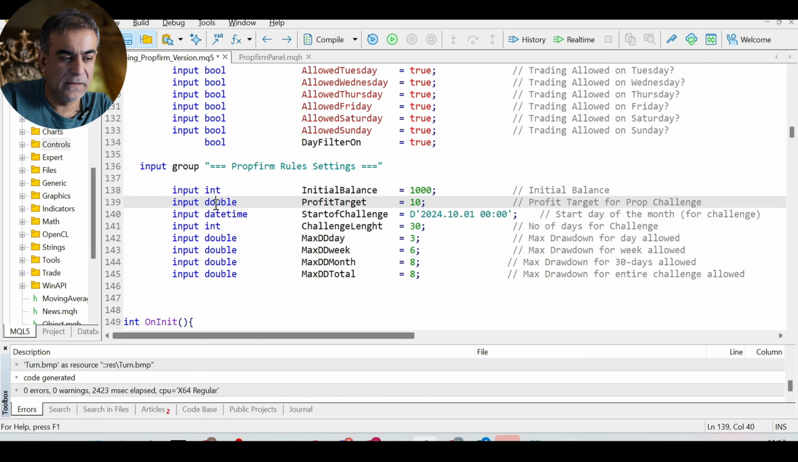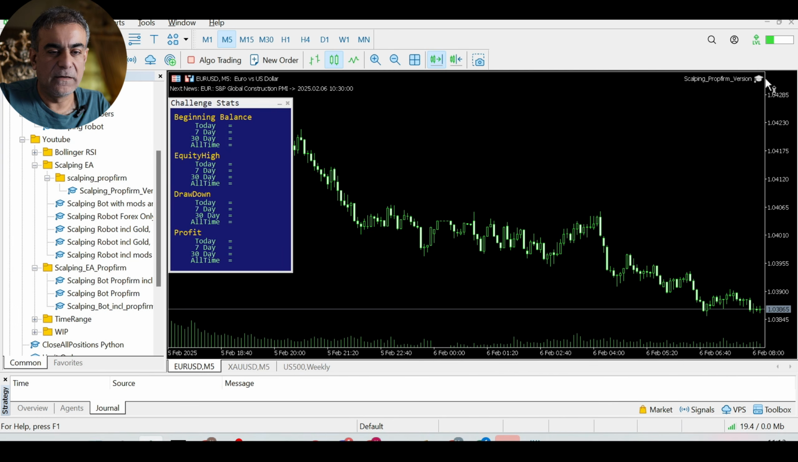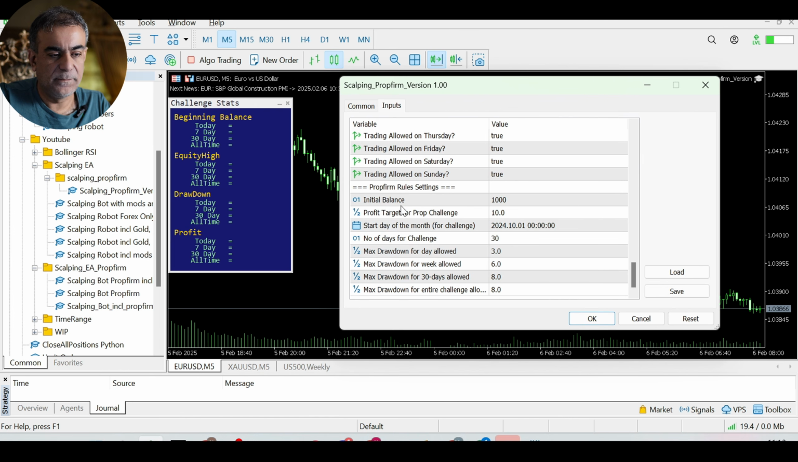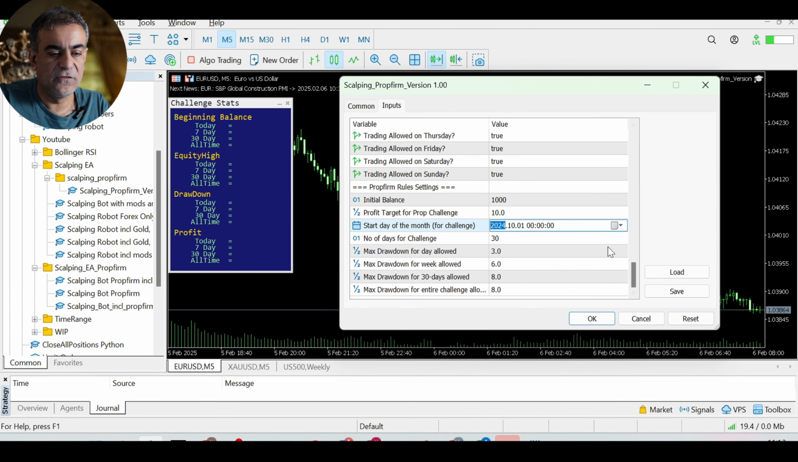What is the profit target? That is a double because it could be in decimals. Then what is the start of the challenge as a date time? What is the challenge length? So how many days? What's the maximum drawdown allowed per day, per week, per month, and in total? And if I compile it now and go back to MetaTrader, then we see this panel appearing here as initial balance 1000. And here the user can select which date they start the challenge,